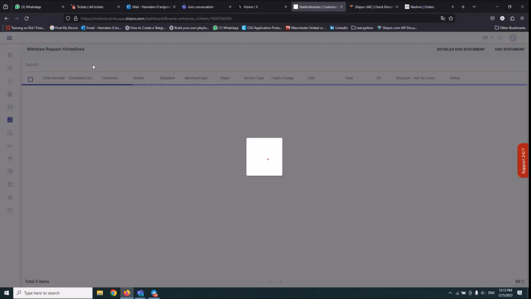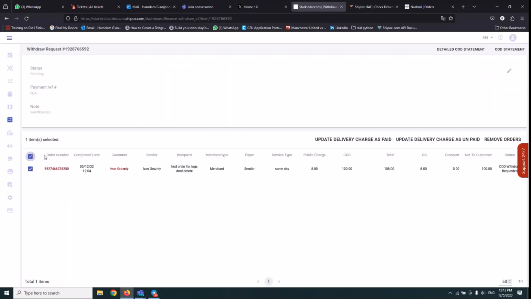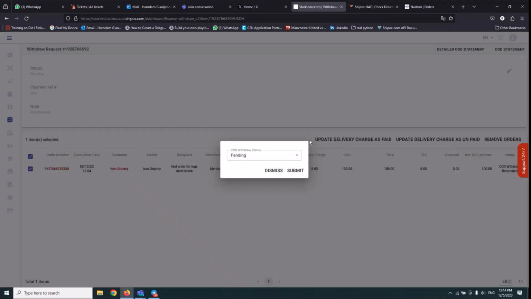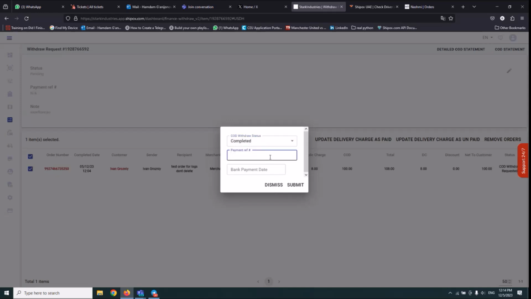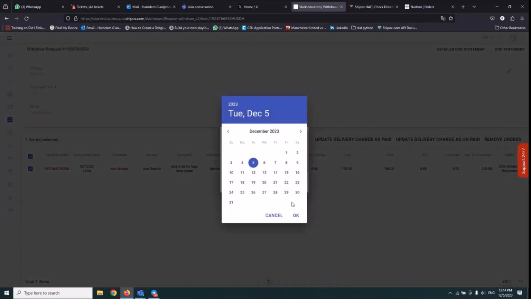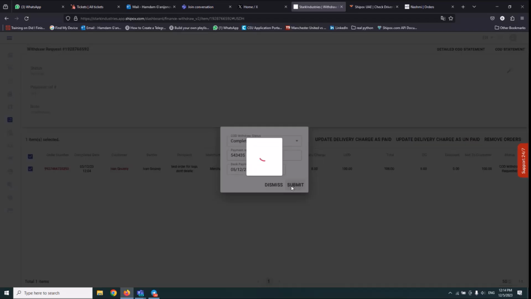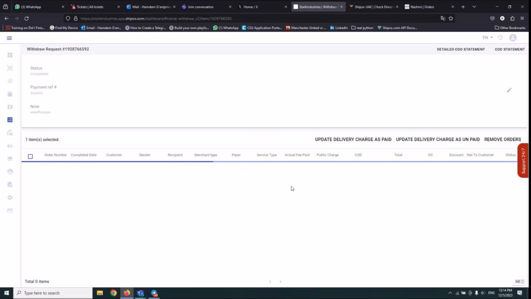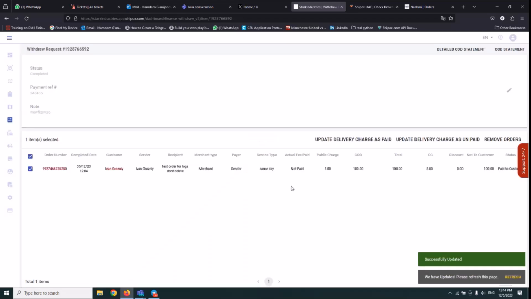So it's in pending. We will approve this, or we can just directly complete it clicking on this pen button. Let's just complete it. Reference is, let's say, something, and date is today, and submit. So now we paid 100 back to the customer, and also we can say, like, if let's say we took 8,